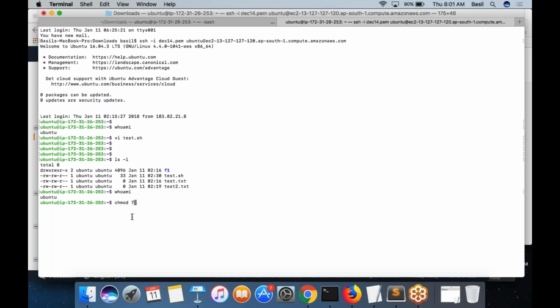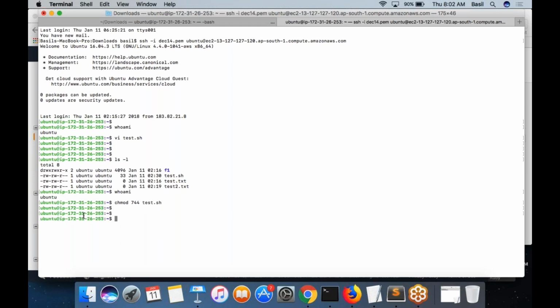That means 7 means read, write, and execute for the owner. So 744. Actually, the first number is what indicates the owner. So chmod 744 test.sh is the command that would give executable permission to Ubuntu user on this particular script.